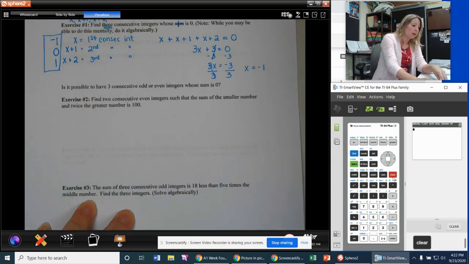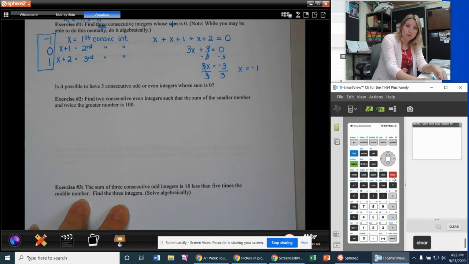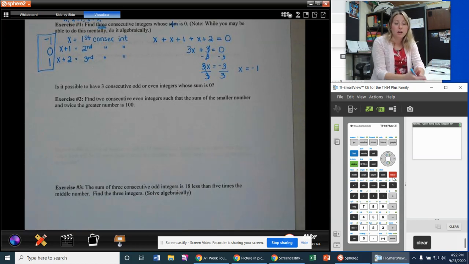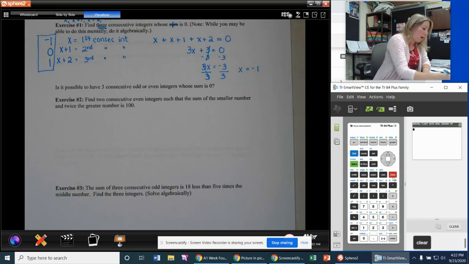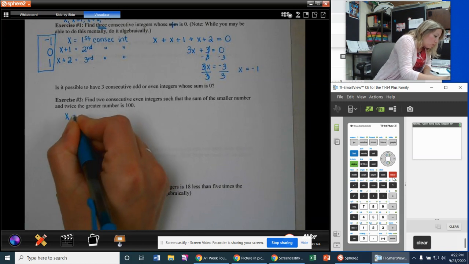Find 2 consecutive even integers such that the sum of the smaller number and twice the greater number is 100. Find 2 consecutive even integers. Okay, I need 2, such that the sum of the smaller number and twice the greater number is 100. Well, I definitely have to start with let statements. x is going to be my first. x equals my first